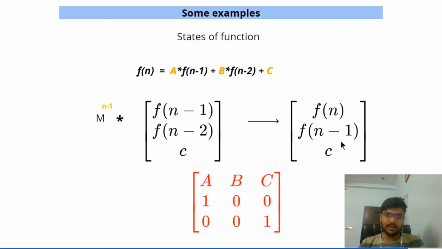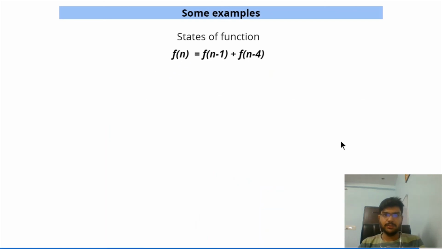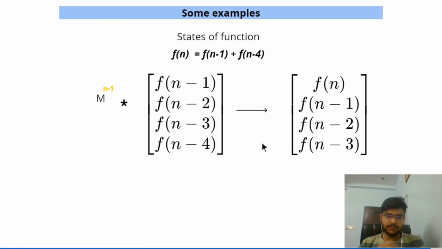So let's take the last example for this, that is fn equals fn minus 1 plus fn minus 4, right? So we have something different here, that is fn minus 4, right? So what will be the formation of the equation? So this will be the formation of the equation. How many unknowns do we have? We have two unknowns that we can see here, but these states are also not known to us, right?